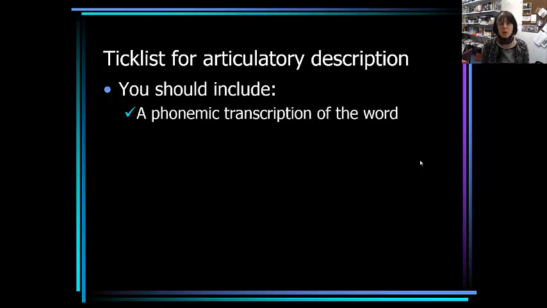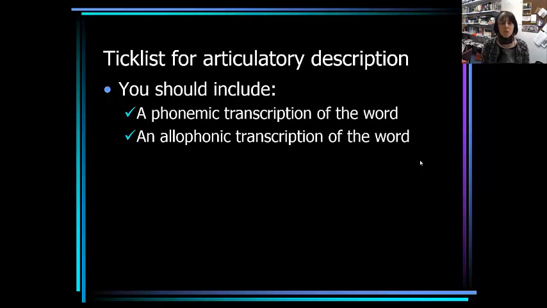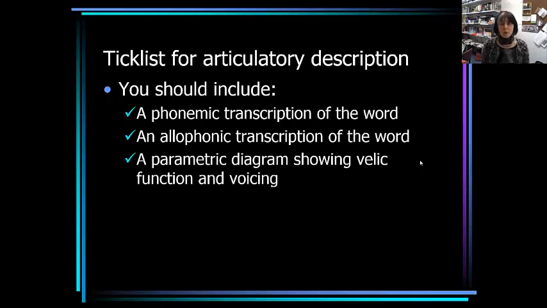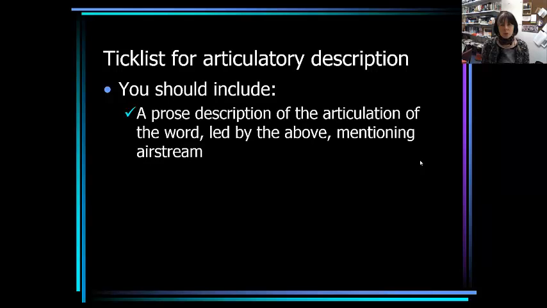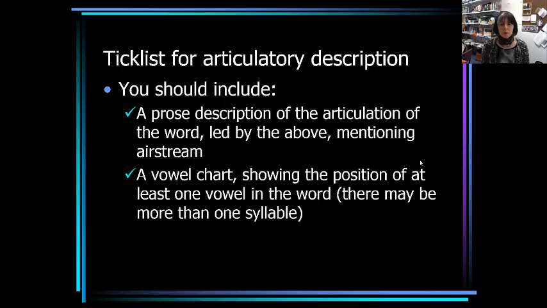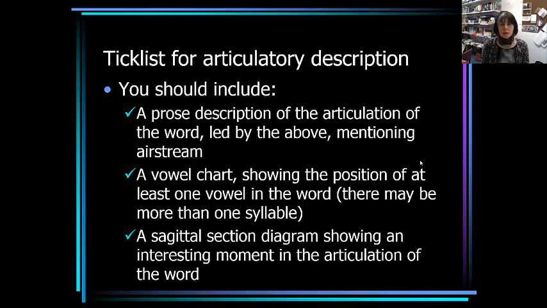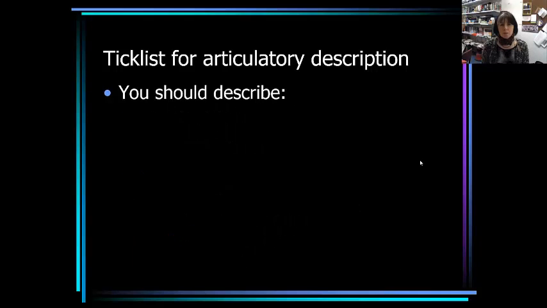You should include a phonemic transcription of the word, an allophonic transcription of the word, a parametric diagram showing velic function and voicing, a prose description of the articulation of the word led by the above, mentioning airstream, so that's led by the parametric diagram, a vowel chart showing the position of at least one vowel in the word. If there's more than one syllable, there may be more than one vowel, in which case you need to plot more than one vowel,